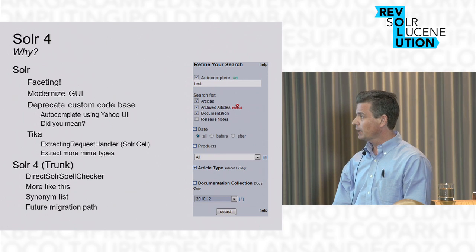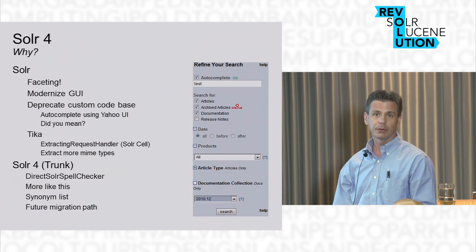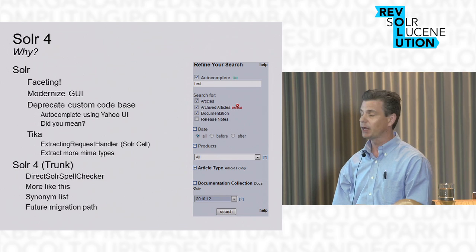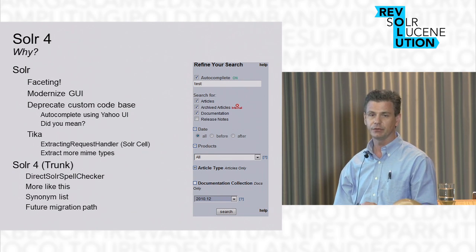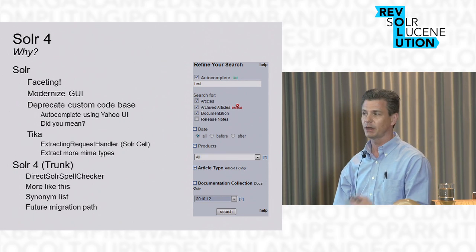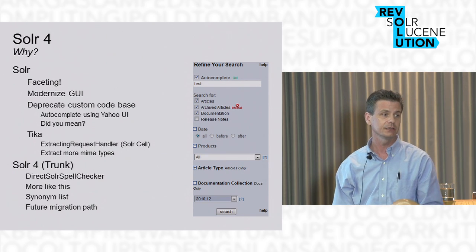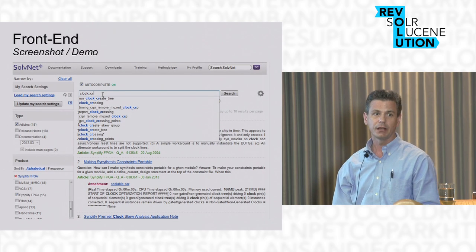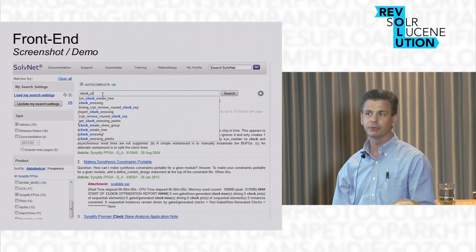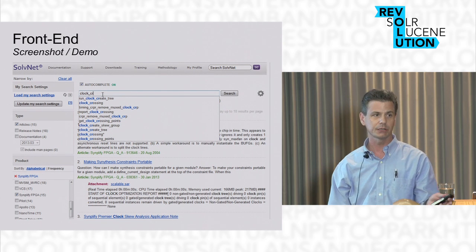And so then we decided, well, what are we going to do with Solr 4? Are we going to go for it? And the answer is yes, we will, because of the improvements in the spell checker technology and the synonym stuff. We decided we were going to go ahead and take the risk, right? So now I'm going to give you an idea of how this thing works, and that will set us up for the deep dive that we're going to talk about when it comes to